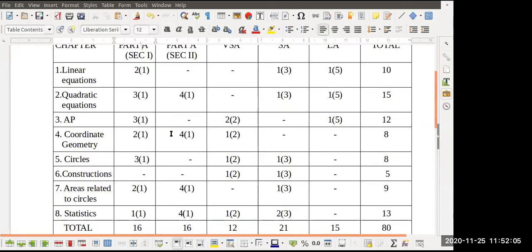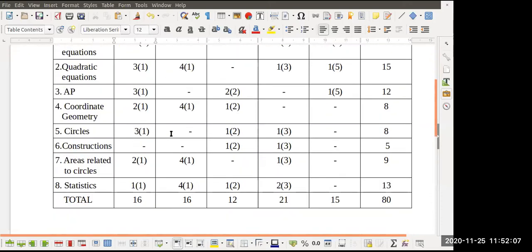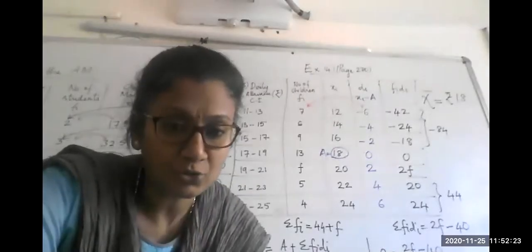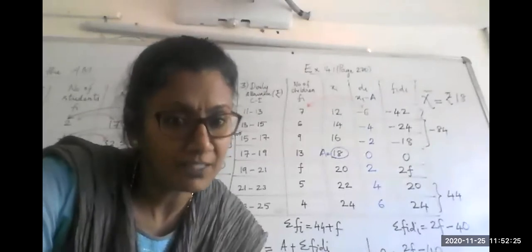Any doubts regarding this? You can always get back to me tomorrow also, because we didn't find time to go through it leisurely. Please go through it leisurely, because this will guide you for your preparation. This is the reason I take the pain to completely prepare the blueprint and send it to you. All right. So I think we will stop here.